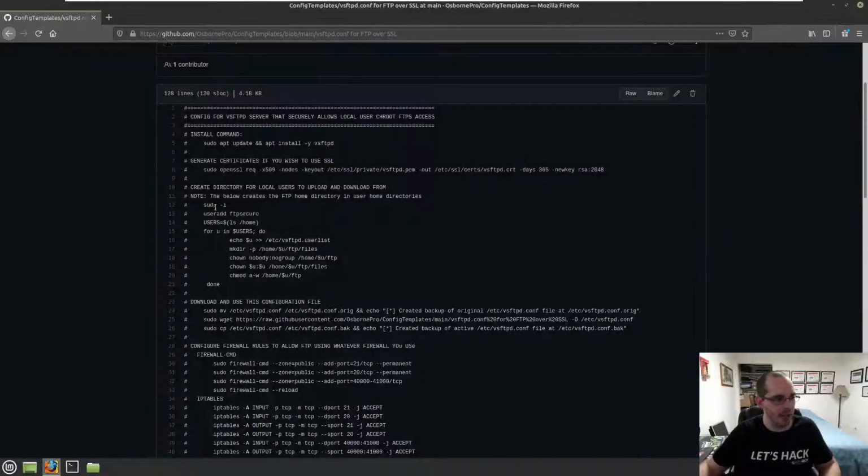The reason for that is this user is in the config file as well, and it's set up so when the vsftpd daemon is running in the background and doesn't need to access the file system, it's going to use this non-privileged user to perform its actions. This is a least privilege security setting basically. And the chroot directory for FTP secure is also set in the config file,